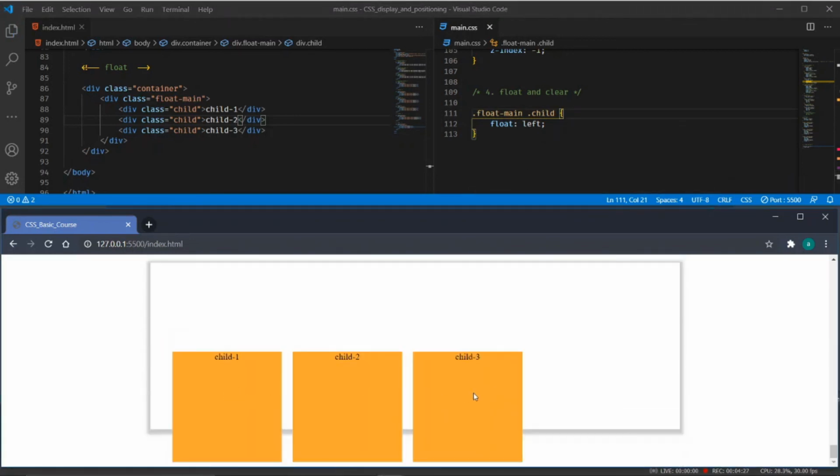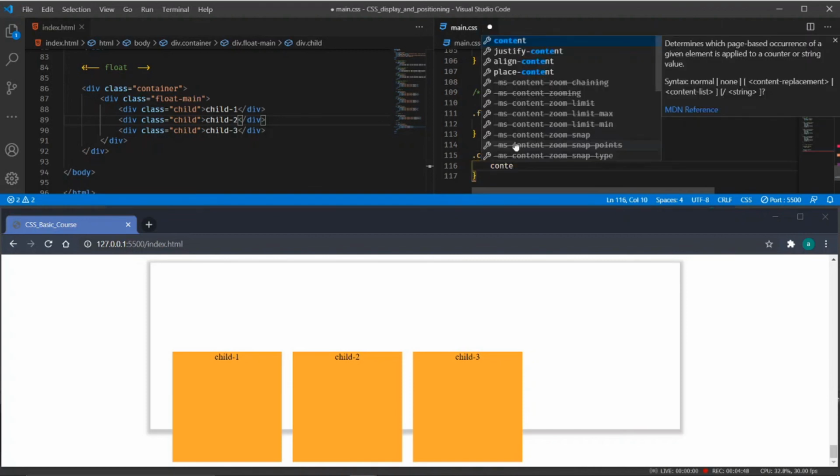As you can see here, this seems to be broken. What is happening is it is collapsing the parent height. We can resolve this issue using the clear property. In such scenarios we have to target the parent container's after pseudo-element.